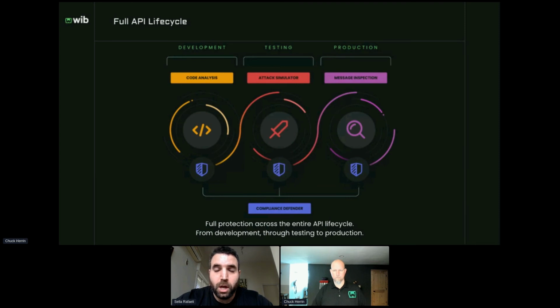So you need all three parts, and then you want to have one view that aggregates all the data to make sure the security and compliance and regulation and legal team can stay on top of everything to make sure that their APIs are properly documented, visible, audited, tested, and defended.